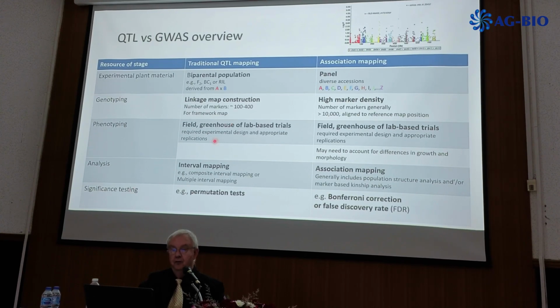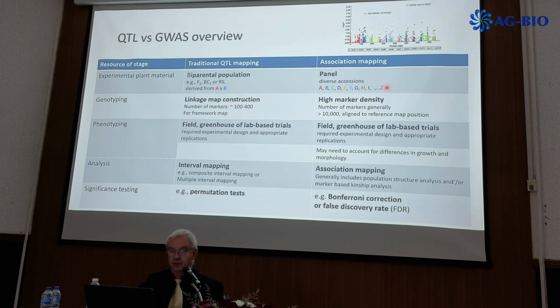I made here an overview in which you can see what are the differences between the traditional QTL mapping and the association mapping. I already mentioned to you that the populations that we use for QTL mapping can be F2 or BC1s or RILs, NILs, and the like, right? So that you use for linkage mapping. But for association mapping, you don't need to make this kind of thing. Then you have to make a panel of plants that are different for a large number of markers,